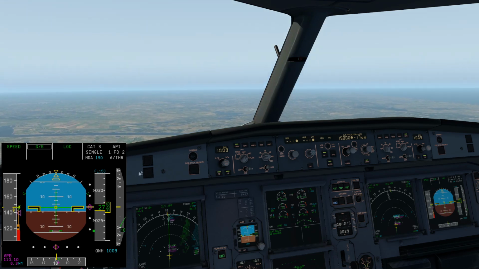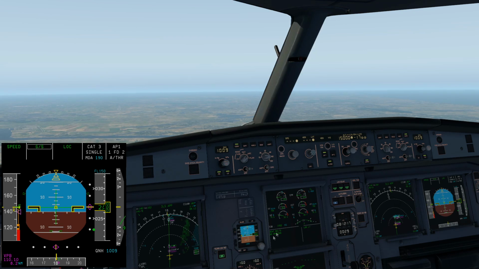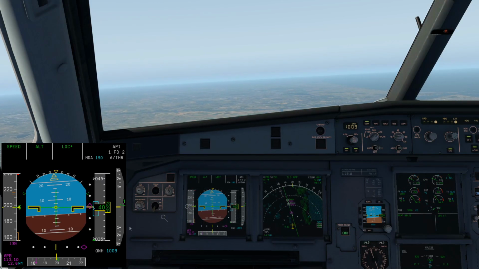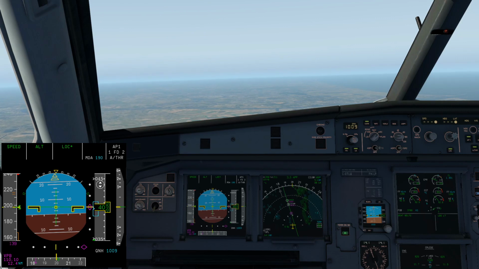It doesn't work if you're too close in, obviously. It doesn't work if you aren't configured or you were too fast in the first place. And it needs all 3 steps to work. And I'll show you what could happen if you don't get those right now. Okay, so this time we're going to have a look at the same thing, but I'm going to forget to